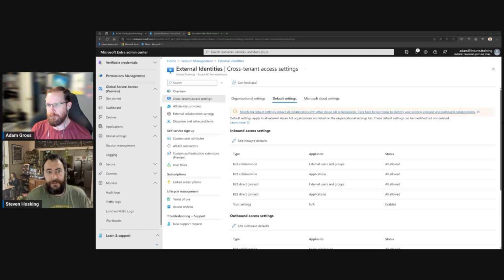Interesting. And that's it, right? This is becoming a topic that is more and more prevalent with organizations. How do I stop my standard users from having access to other tenants and exfiltrating data out that way? Well, so